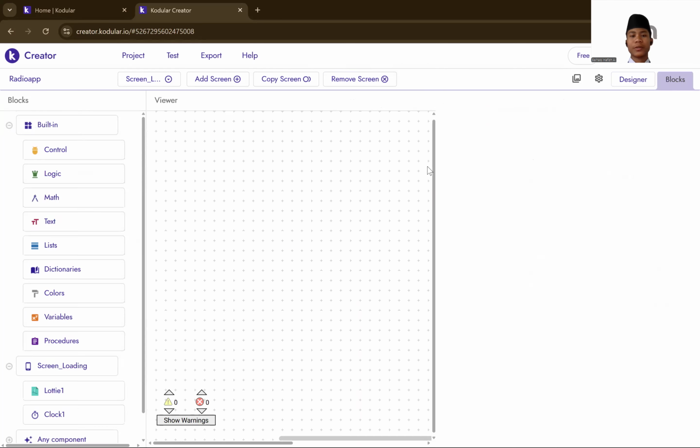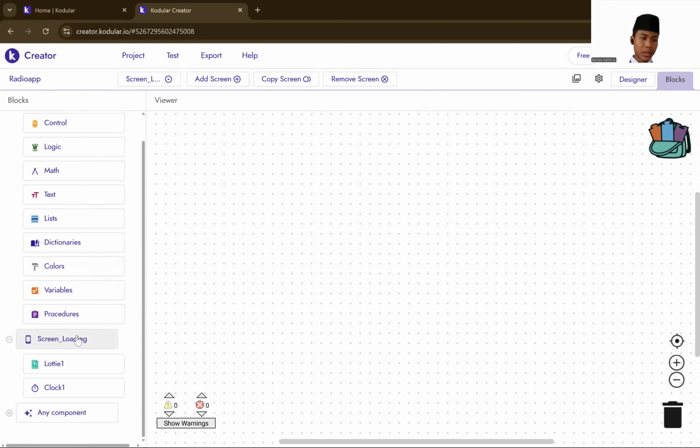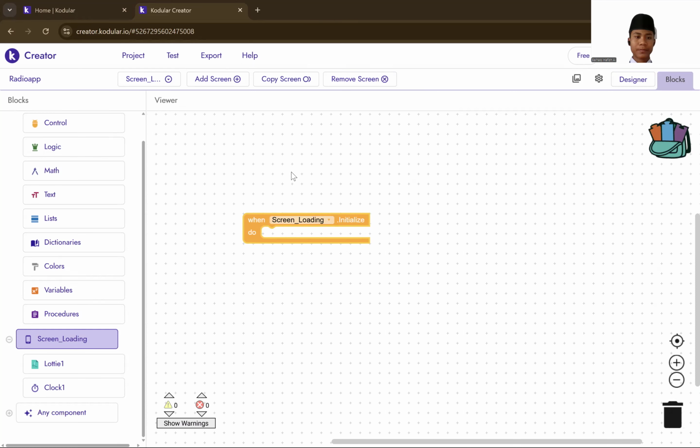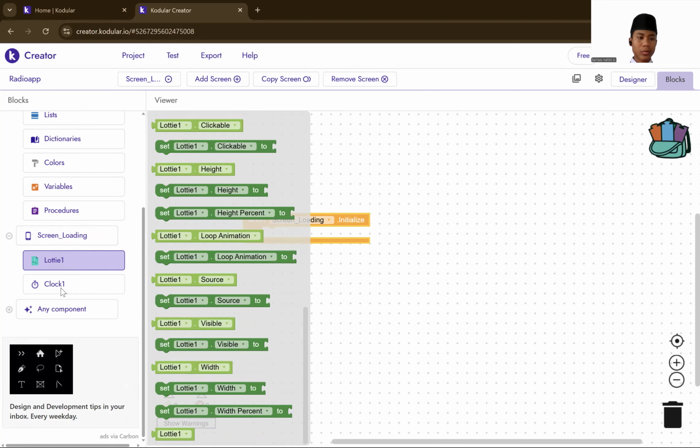Okay, and then you go to blocks. The first is in the block, yeah. You go to screen loading. Okay, in here, when screen loading, you go to clock first, yeah.